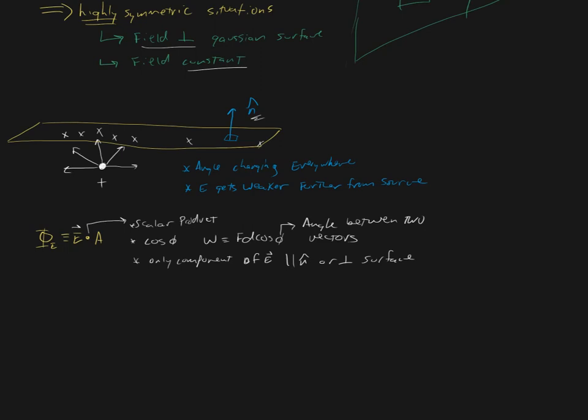Now, the A represents the Gaussian surface. This is going to be the area of our Gaussian surface. And we'll talk about that more whenever we get into Gauss's law. And finally, when we look at E, what we're looking at is that the electric field is constant in that area. If the surface